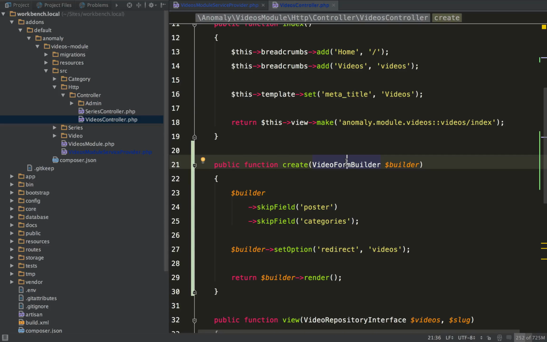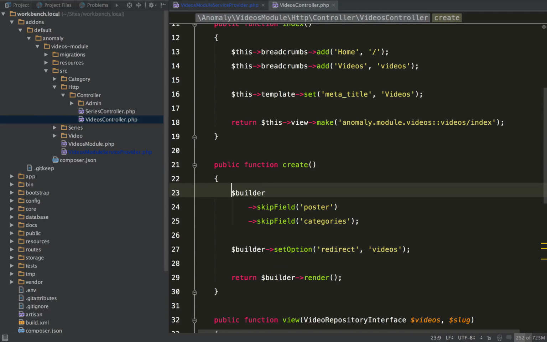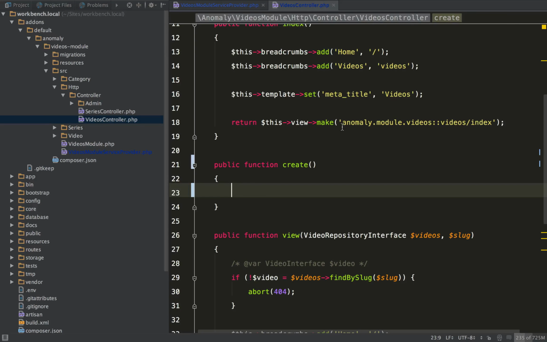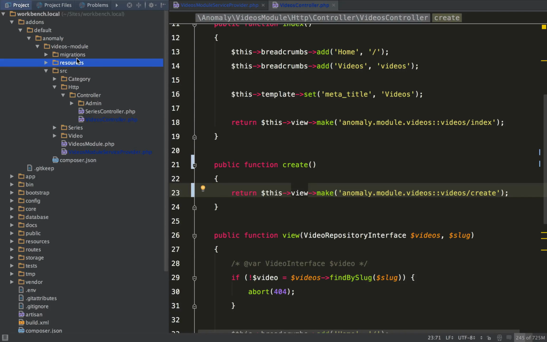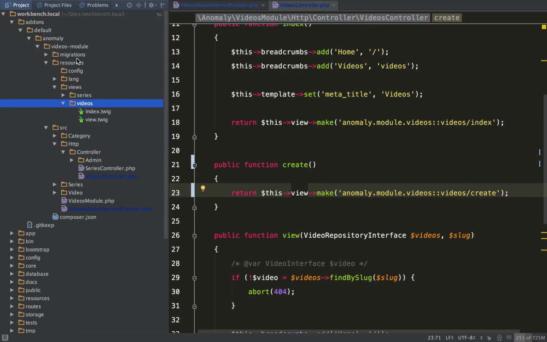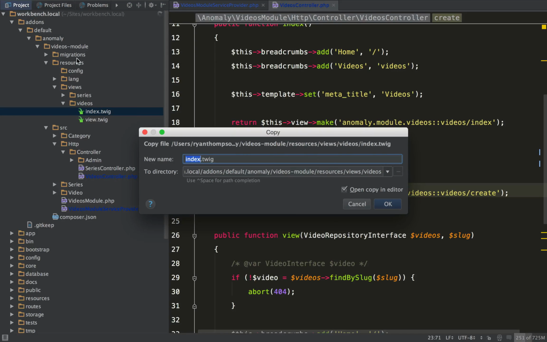but it's just one of really two good ways to do forms. So the next one I'm going to show you is using the form plugin function. So to do that, I'm going to delete this stuff, and we're just going to return a form. I'm going to call it create, and let's see here, let's go and make that view. Just going to copy and paste one,